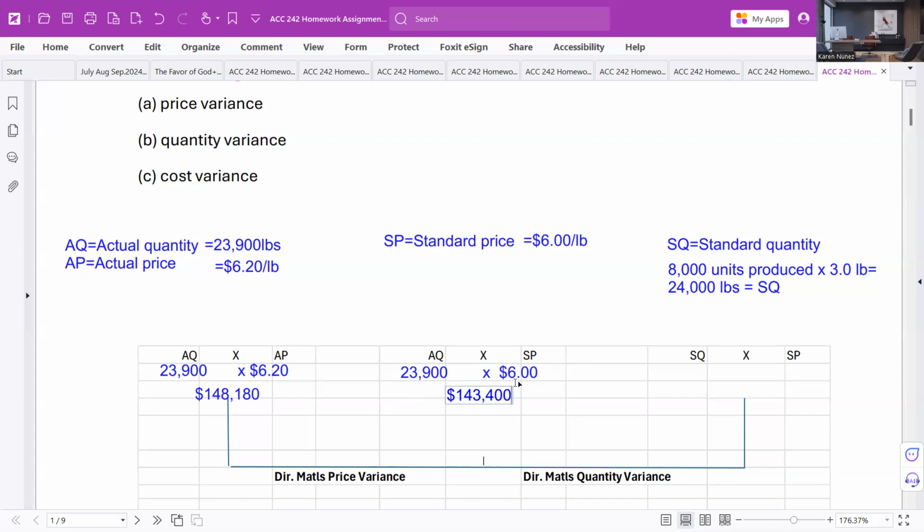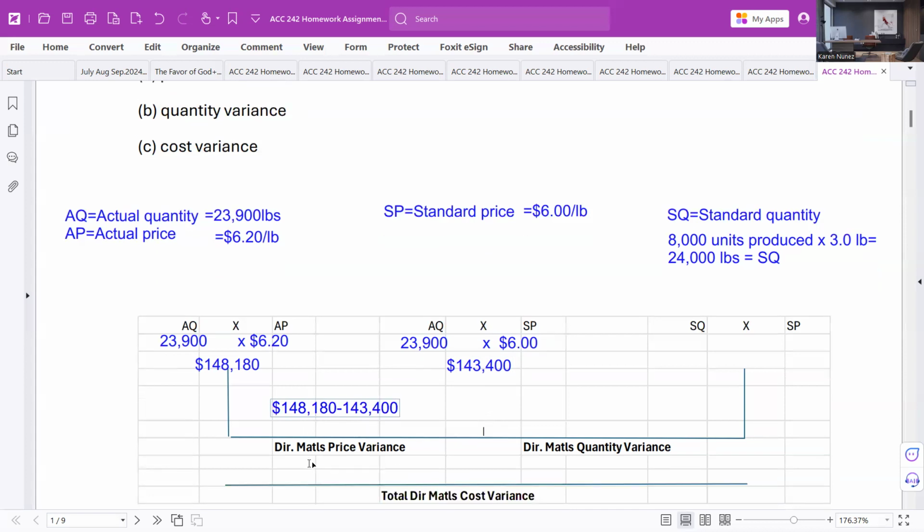So 23,900 times 6 is 143,400. And the way we get a price variance is by subtracting the 148,180 minus the 143,400. That gives us a direct materials price variance. And I'm gonna list that here. That direct materials price variance is